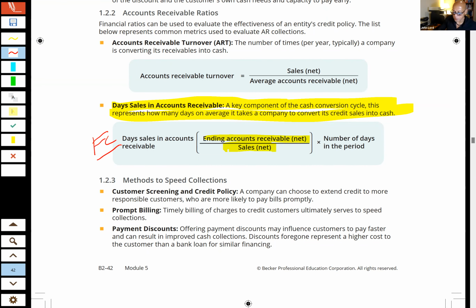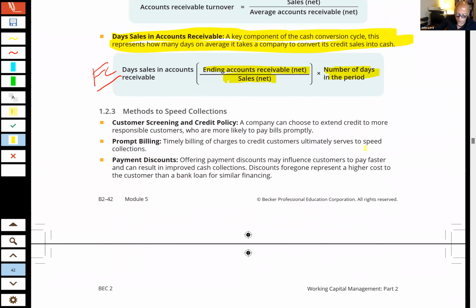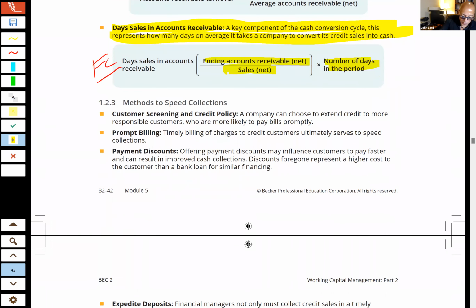It's the ending accounts receivable, divided by the sales times the number of days in the period, will give you the days in accounts receivable. So I guess that one is a little different. Okay. Now, what we start getting into here that I want to focus on quickly, again, and we're going to flashcard some of these,